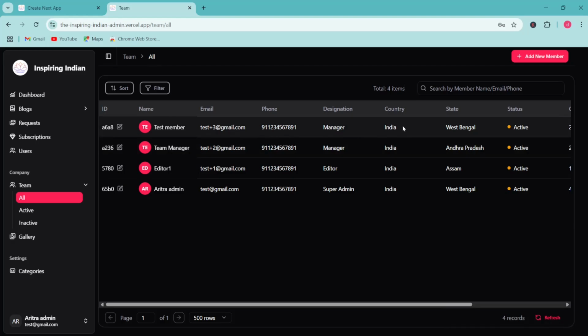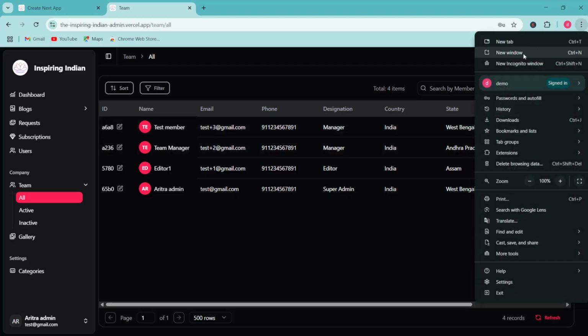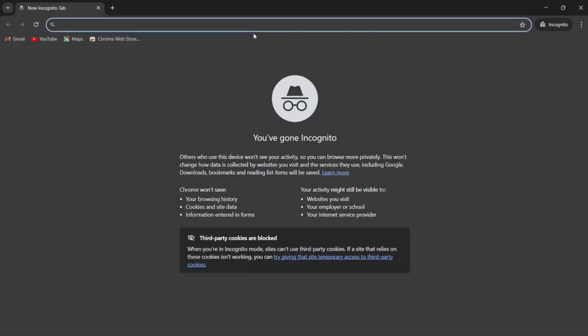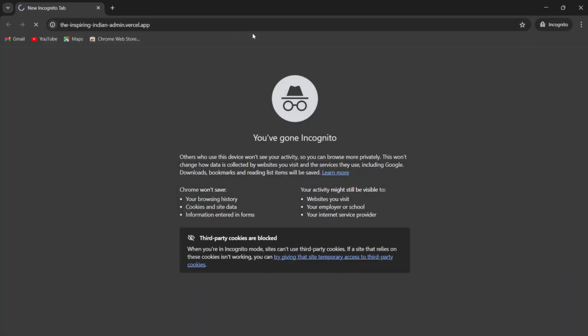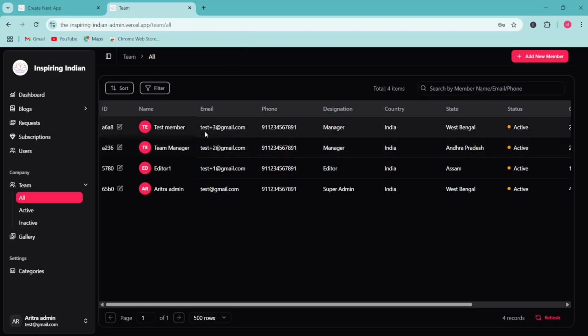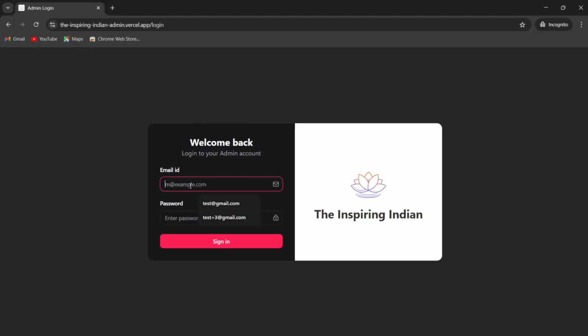So let's try to log in to that account to see whether it works or not. Open an incognito tab. Let's copy the email, and let's try with the incorrect password first, then we'll do it with the correct one. Here you can see the message showing invalid password. Let's do the correct one,